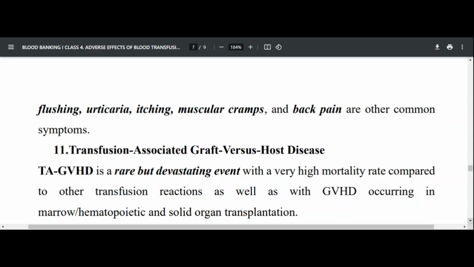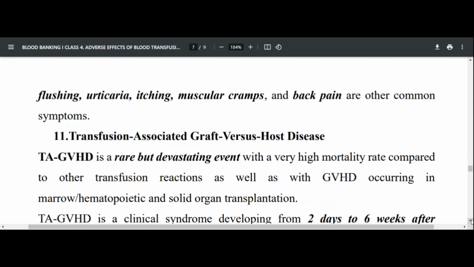So then the next one is called transfusion-associated graft versus host disease. So this one is very common for us, right? You know this one already, isn't it? This one, you know it, and I'm so happy that you know it, because even me, when I took my exam, it was very hard for me to memorize it. I nearly wrote a song in order to memorize how it occurs, because for me it was a strange term. It was a very strange sentence,